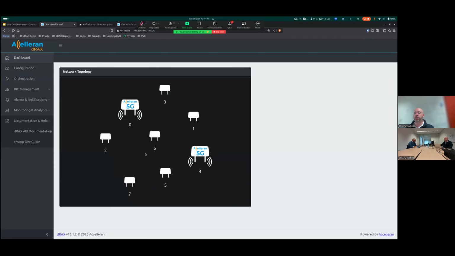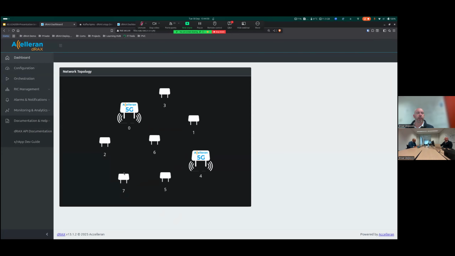So you see here the DU7 is this small cell over here at the bottom. Just to note, you can see that currently there's 2 cells, 0 and 4, which are on air, meaning they're radiating, and the rest of the cells are actually turned off, or basically not on air. They're just readily deployed. So let's pick this DU7, and let's bring it on air. Let's turn it on, and we can do that through this configuration interface.